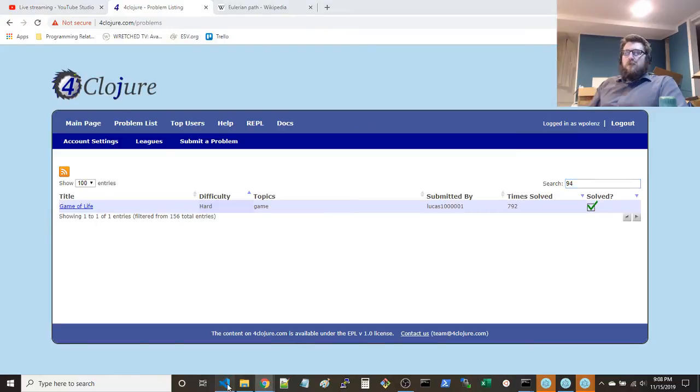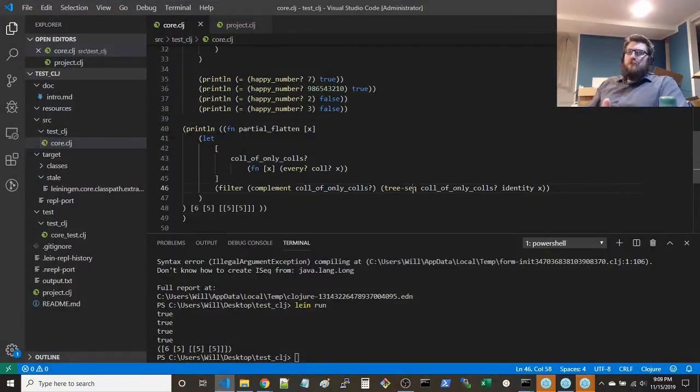So yeah, by the way, what mine does, I don't know if I explained it. Basically, this tree sequence will do a depth first search. This will figure out whether or not the thing you're looking at is an inner node. If it is an inner node, it'll use this on that node to generate the children, which obviously we can just use the identity because it's a sequence of children, right? So it just gives you the sequence itself. Those are the children, and it'll continue operating on each of the children. It'll recurse. On each of the children it will perform this again and then perform this, back and forth. And it creates a set of all of the nodes as you visit them, a sequence.